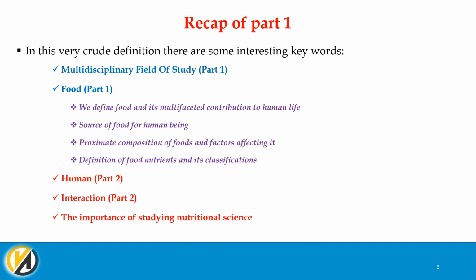In these discussions, we defined food and its multifaceted contributions to human life, the sources of food for human beings, approximate compositions of foods and the factors affecting them, and we also discussed the definitions of food nutrients and their classifications in more detail. For those of you who didn't watch our part 1, I recommend you watch part 1 before